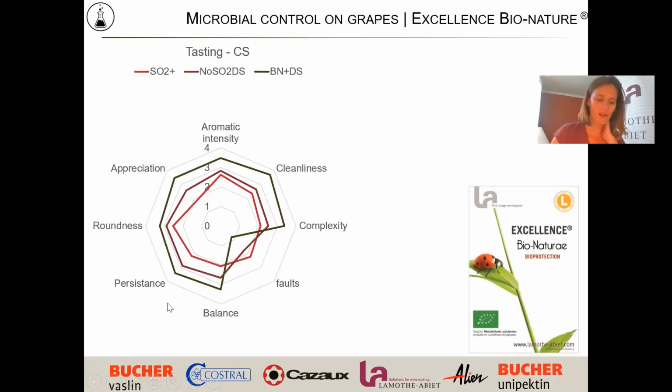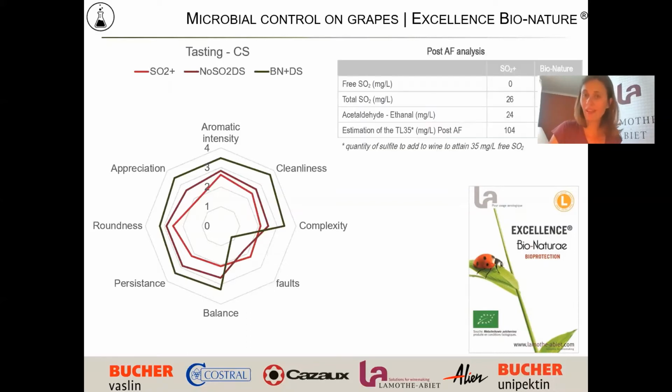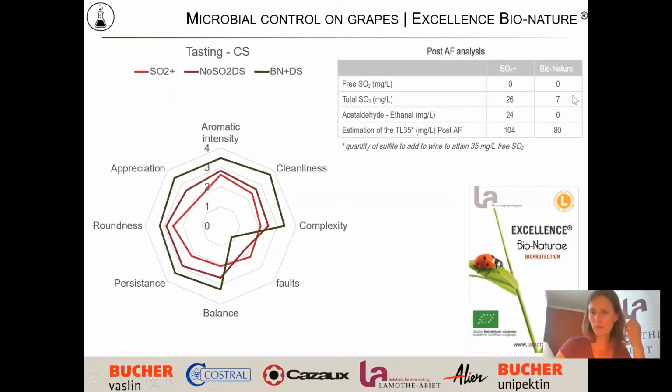So really, these are trials that we made in, I don't know, 100 wineries with many different varieties, many different terroirs, and we got very similar results every time: we do increase the complexity, we do make wine without sulfur that is completely clean, and also with lower VA. So if you see this table here, you can see that,